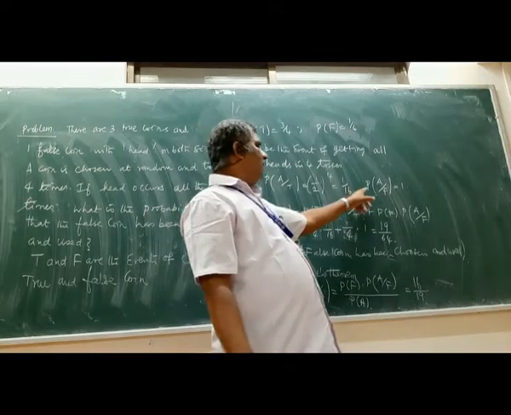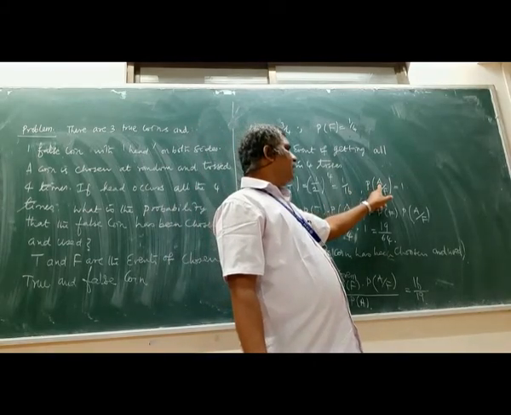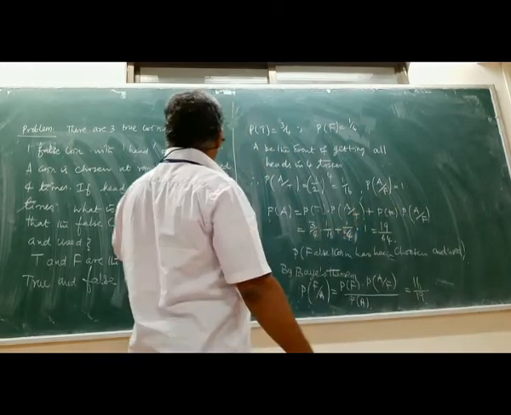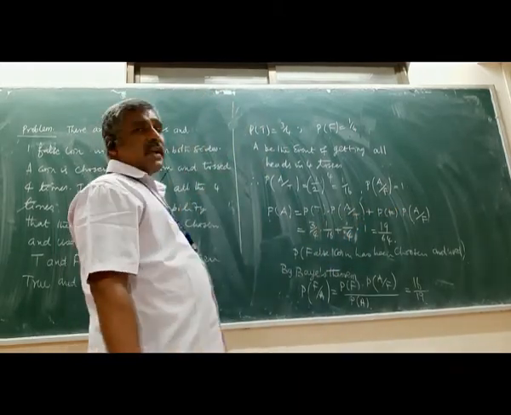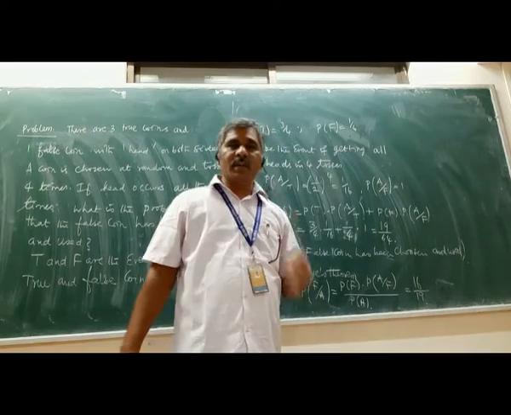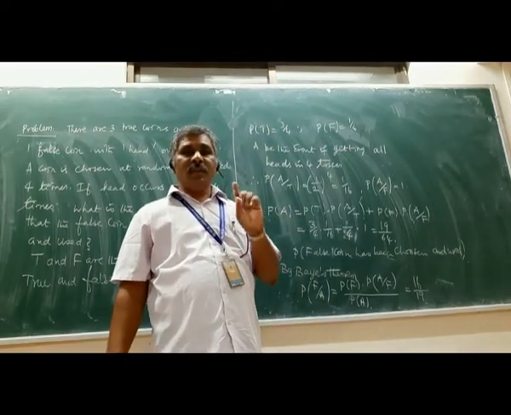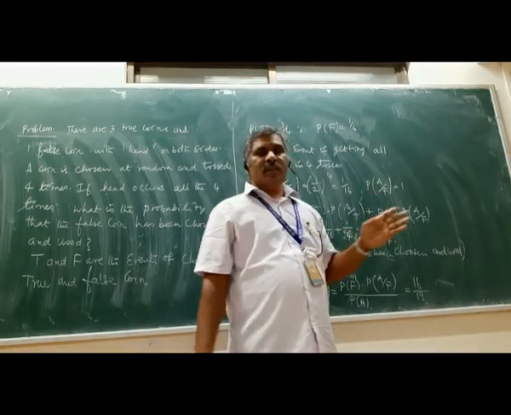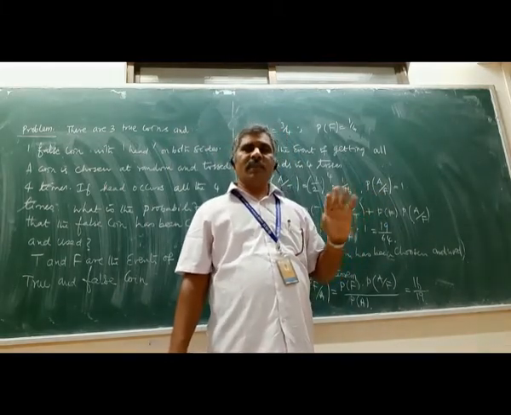Similarly, probability of getting all heads when the false coin is chosen: when you are choosing the false coin, there is no other way. You will get the head only. Therefore, probability of getting head is 1. When you are choosing the false coin, even if you are tossing not 4 times but an infinite number of times, you will get head only.